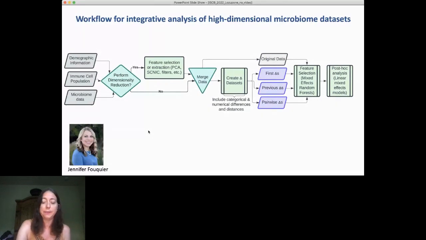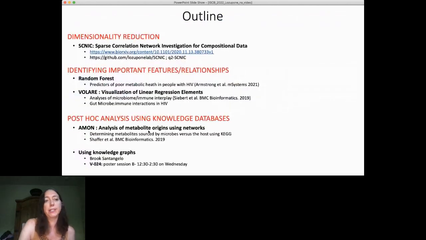and longitudinal data. But at the end of the day, we often use similar methods to select features that are important for defining whether someone has disease or not, or that can predict disease phenotypes, such as random forest analysis or linear regression modeling. In my talk today, I'm first going to talk to you about a method called SCNIC